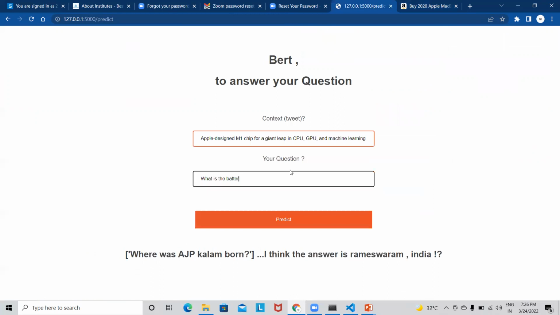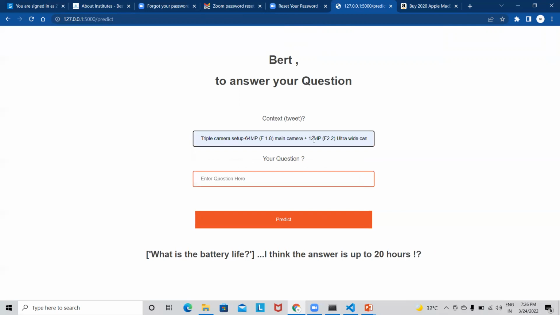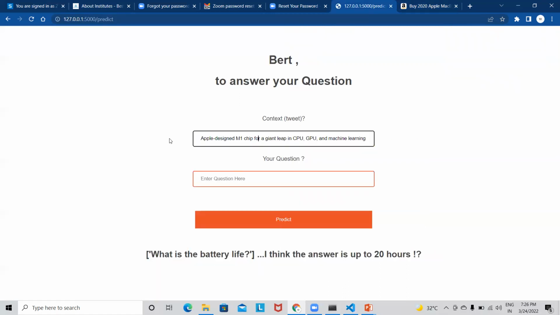So let's ask the model, what is the battery life? And we'll click on the predict button. And you can see, I think the answer is 20 hours. I'll have the paragraph again. Let's check if the answer is correct. So yes, it has 20 hours of battery. And in this way, you can give any paragraph to the model and a question, and it will find you